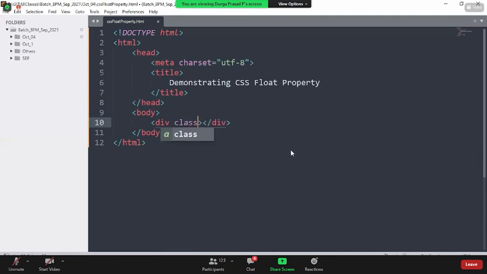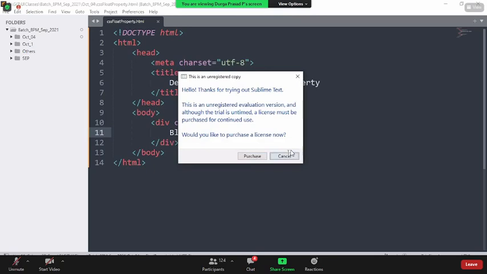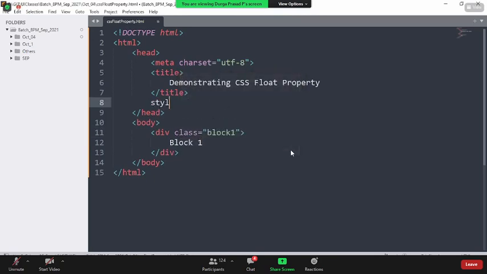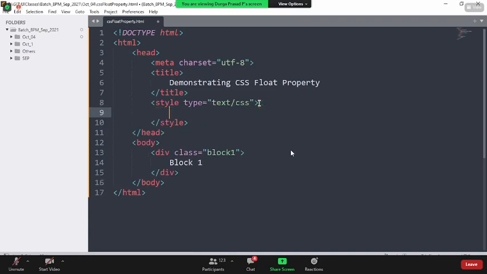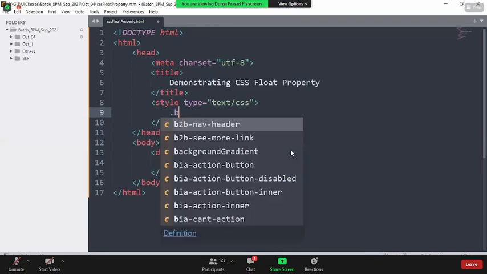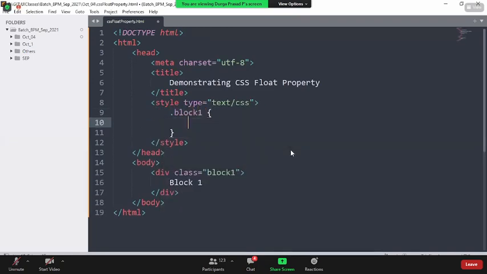I'll add a div with class block one, containing the text block one content. Then a style attribute. I hope everyone is clear on how we define classes. For block one, I want to give a border of 1 pixel, solid, with the color #CCC.